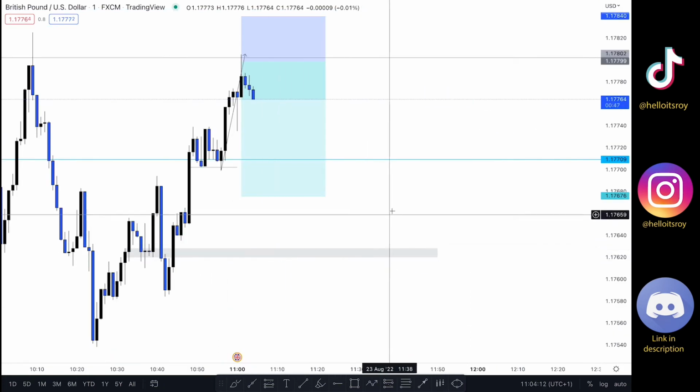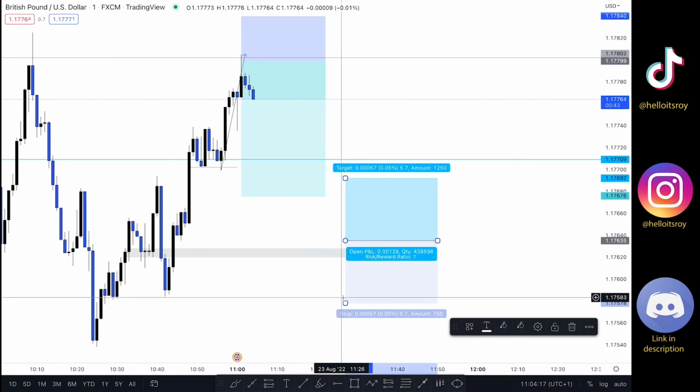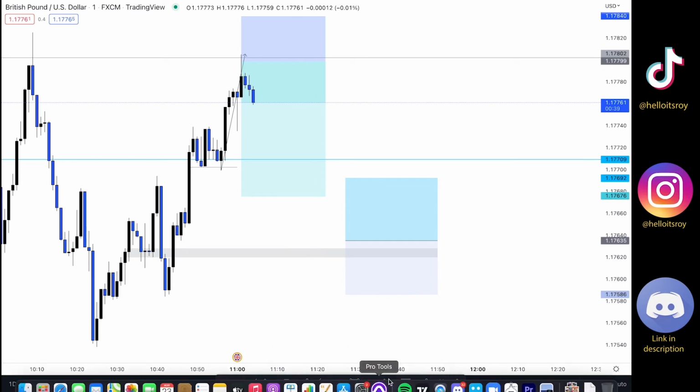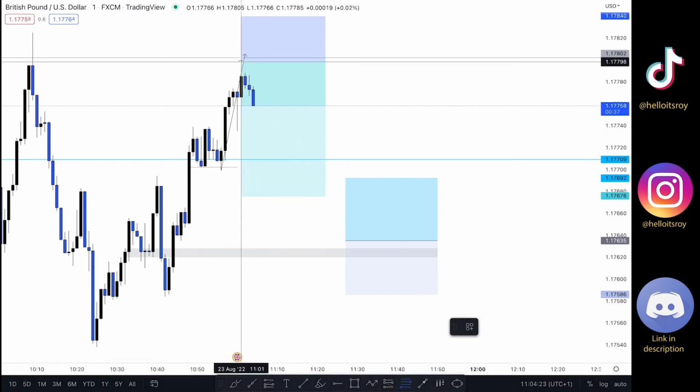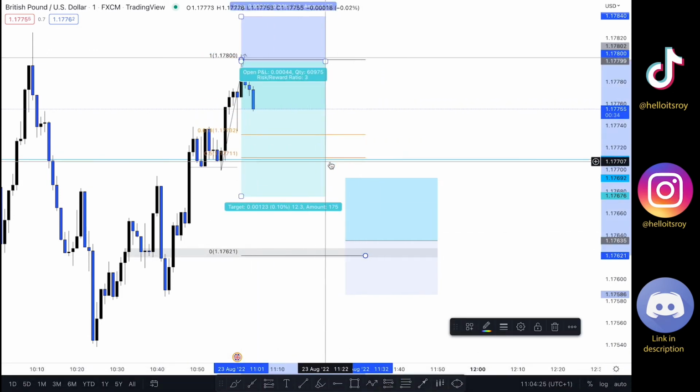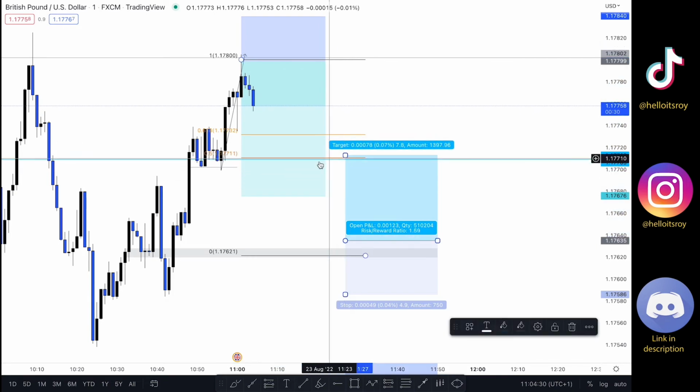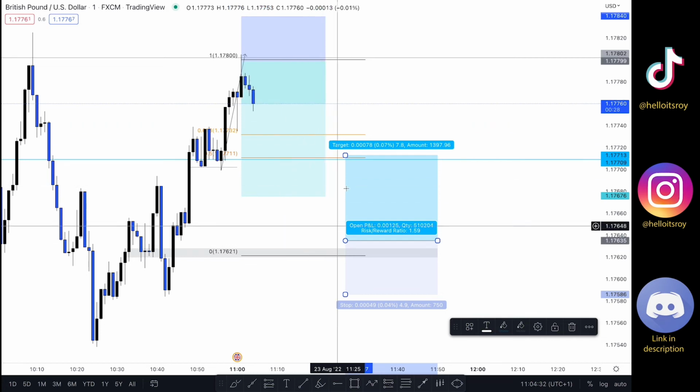I expect a small retracement from here through to the upside, so I'm going to be buying around this area right here, right there, and just for a small retracement. So let me see the 50% area of the market if it pushed down to here. My target is going to be almost here as a 1 to 5.